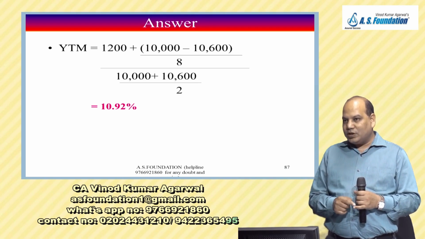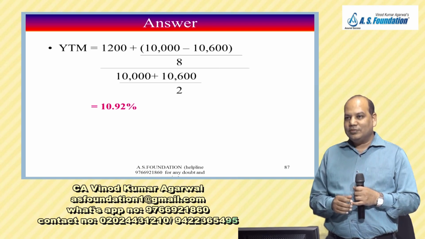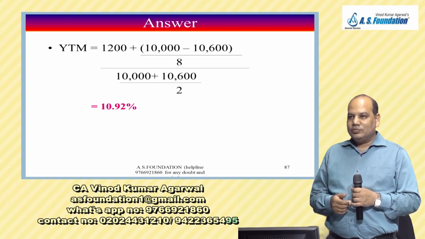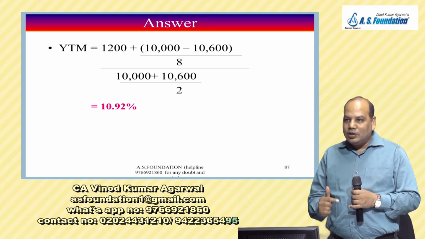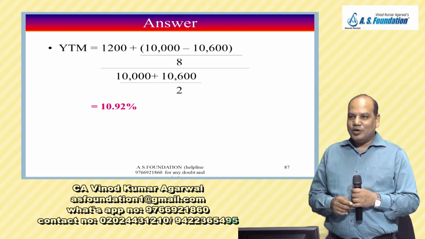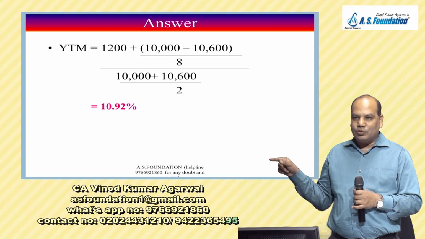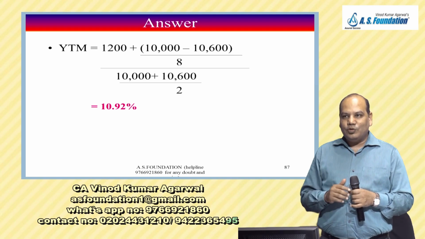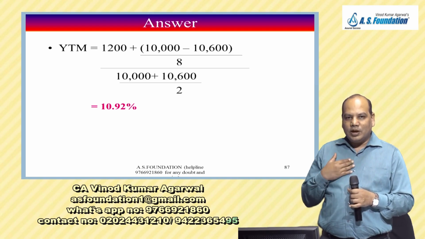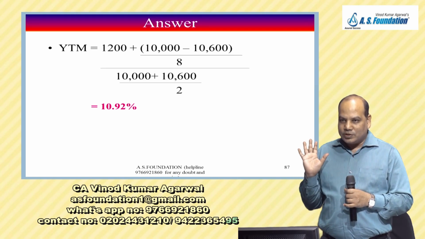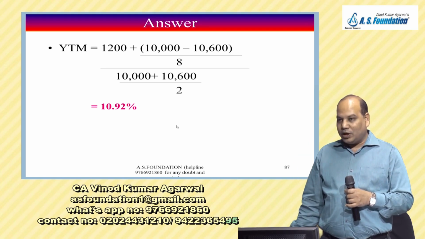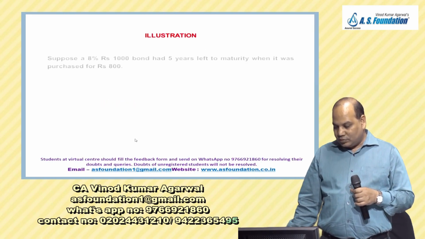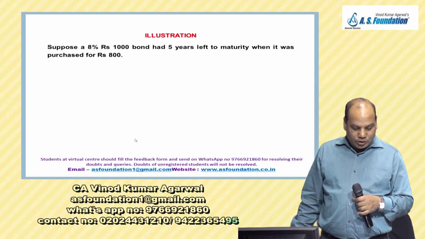If the present value of the bond 10,600 is more than the face value, discount rate will be less than coupon rate. Discount rate, which is my answer 10.92, should be less than coupon rate. So that mentally you should have known before solving that my answer will be less than 12%, because this bond is trading at a price above its face value. Then start solving. Okay, now there is a question in your book, illustration 3,